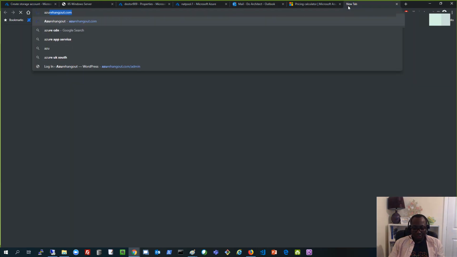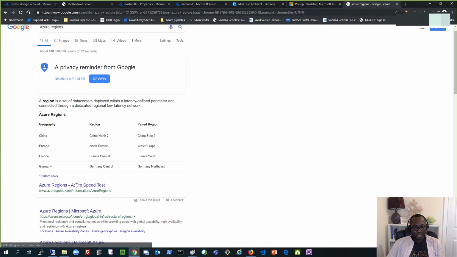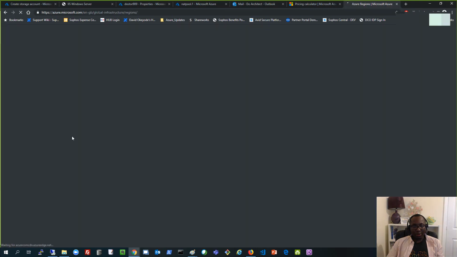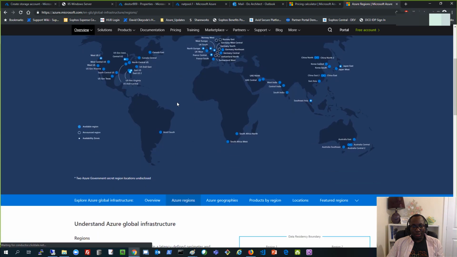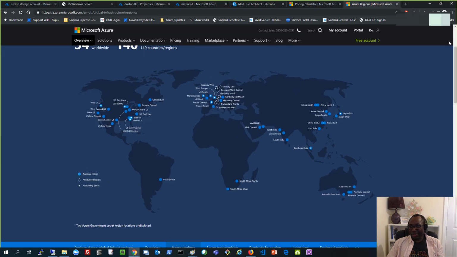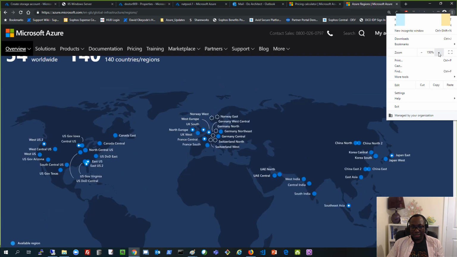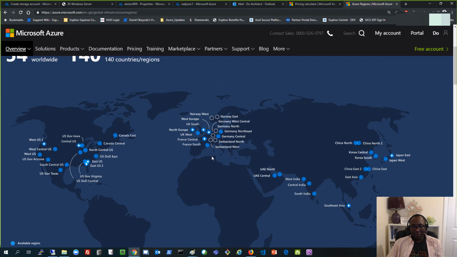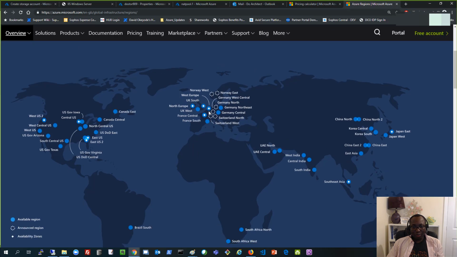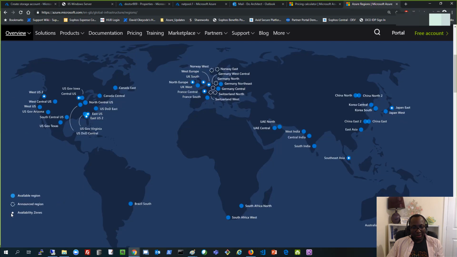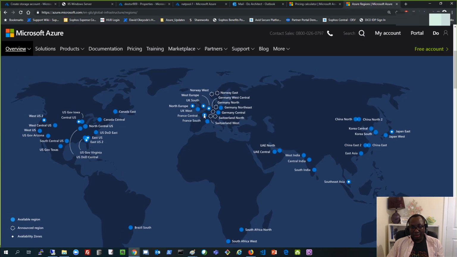So if I search Azure regions, just be aware of that because I forgot to mention it yesterday. If I go to that documentation, you see the map of all the Azure regions. I know it's very difficult to see, and this zoom option does not help in some cases. Okay, it helps in this case. If you look at this, you notice that some regions have a white dot in them, and down here the white dot says availability zones. So only regions where you see the white dot are regions where availability zones are currently available,